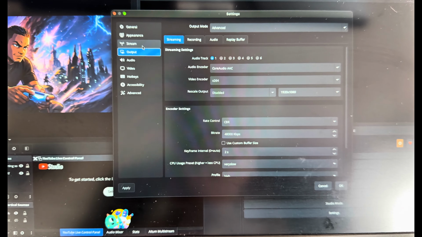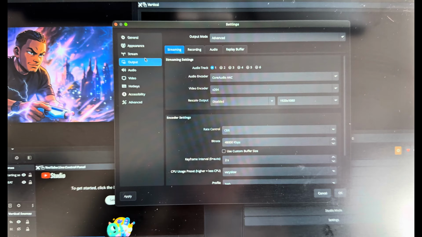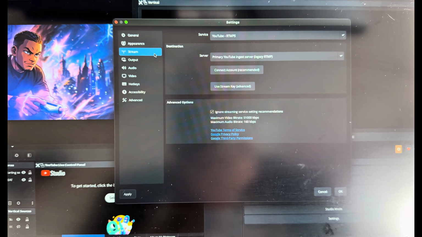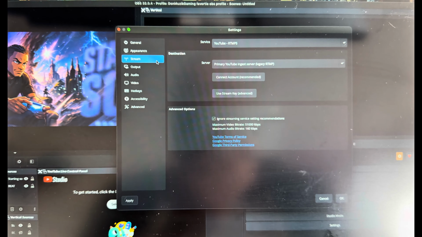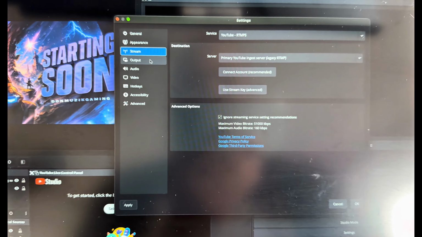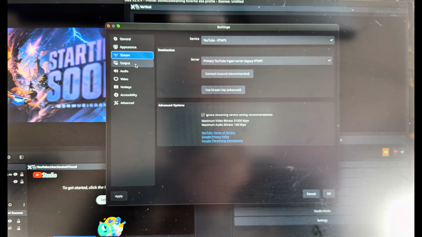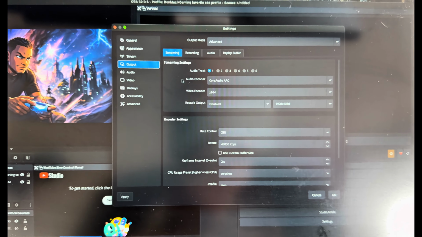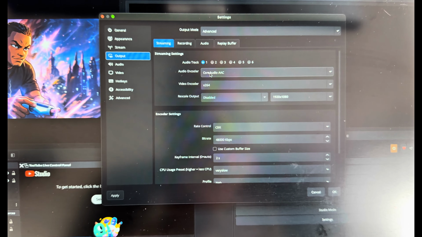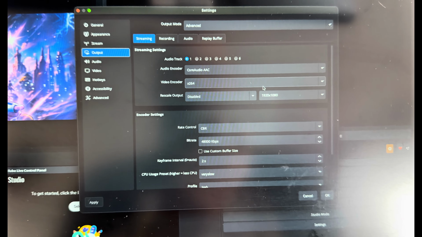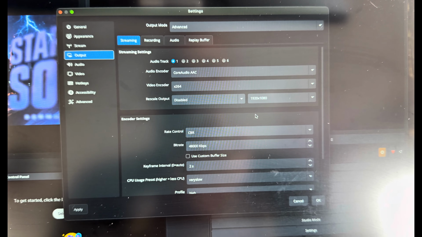As far as the basics of connecting your YouTube or your Twitch and all that stuff, just have it locked into OBS. But like my settings for the stream,